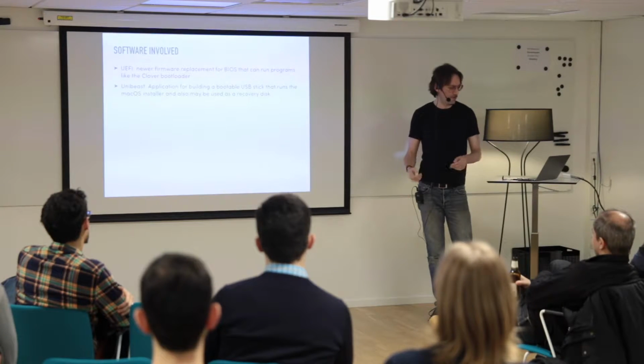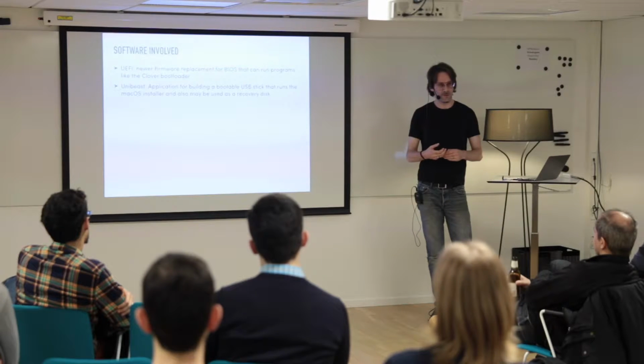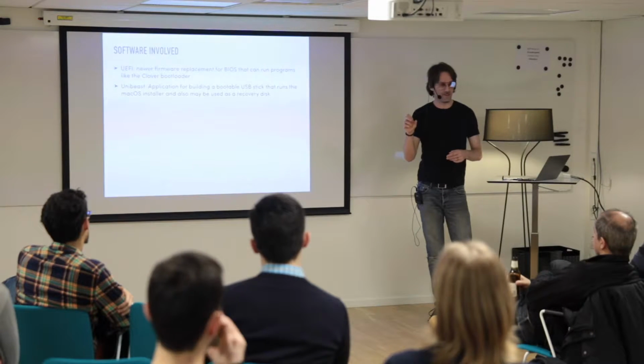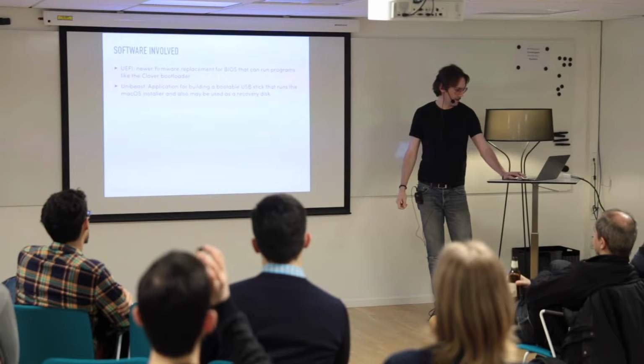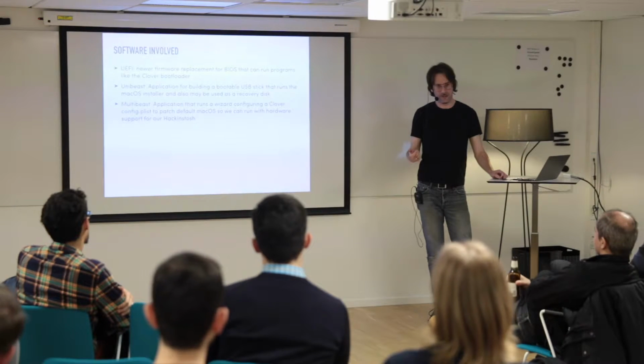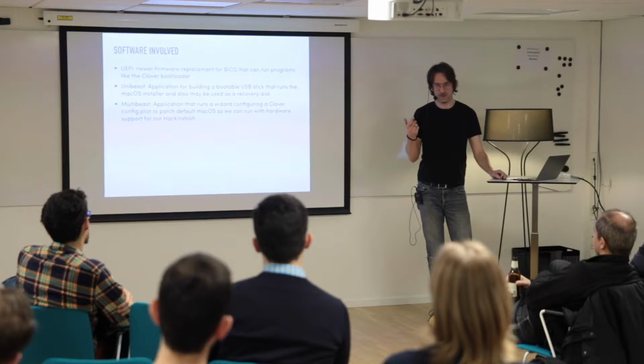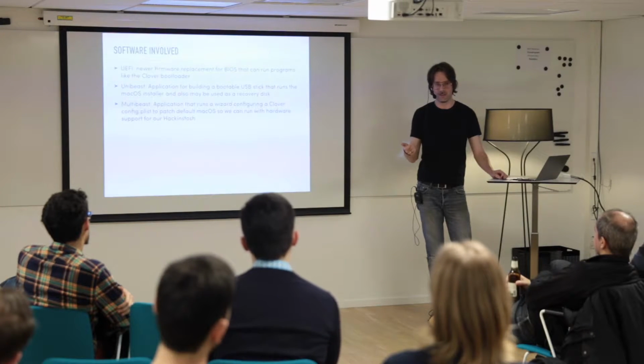Next, the software that I use is called UniBeast, and it's free software that lets you make a bootable USB stick of macOS. And then Multibeast, which is another piece of free software which allows you to build a special configuration for your PC Mac. Obviously, Apple has assumptions about which hardware is going to be inside the machine, so you have to tweak it a bit to say this kind of graphics card is all right, or it's okay if you don't have this kind of Bluetooth and things like that. And Multibeast helps you build a plist, which basically then patches your version of Mac OS. So when you boot it up, it will look just like a normal Mac to the operating system.